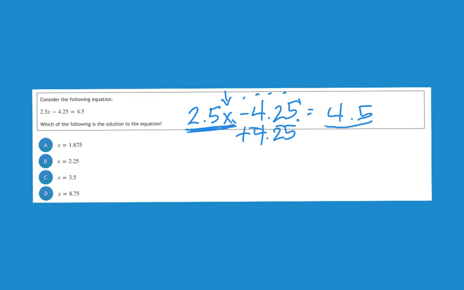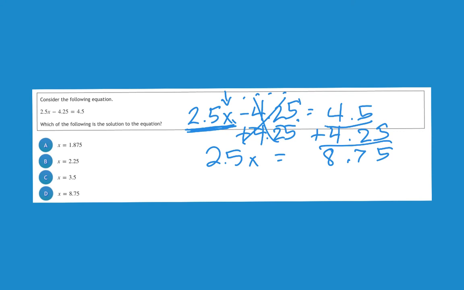If it's being subtracted and I need it to go away, if I add it, it would turn into a 0. But if I add it to this side, I also must add it on the other side of the equal sign. And now I have determined that 2.5 times some unknown number, which x represents some unknown number,